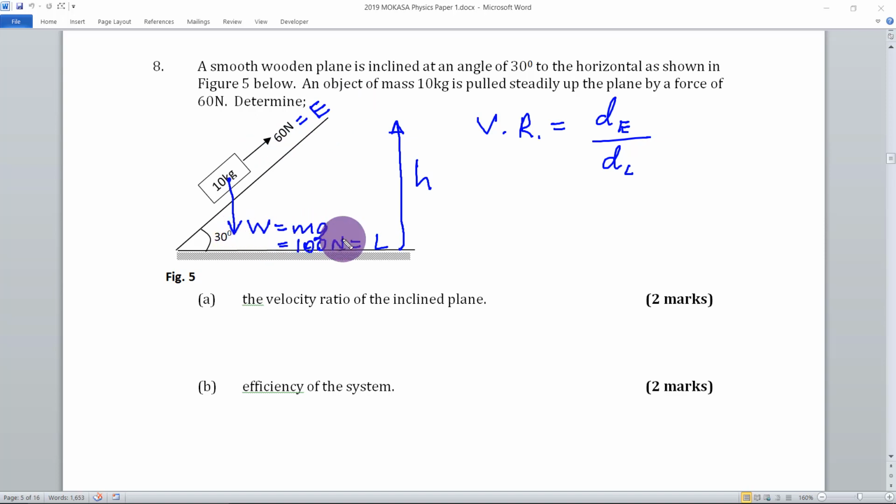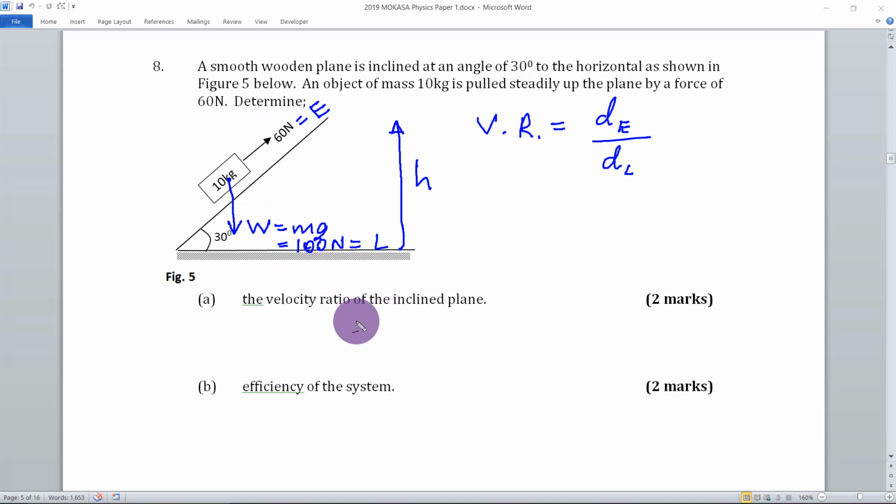Notice the load. The load is also moving in a direction which is in the same line of action as the effort. Although the weight of the object acts vertically downwards, the object appears to be moving upwards, and this is because there is a component of this force which actually tends to pull the load upwards. So